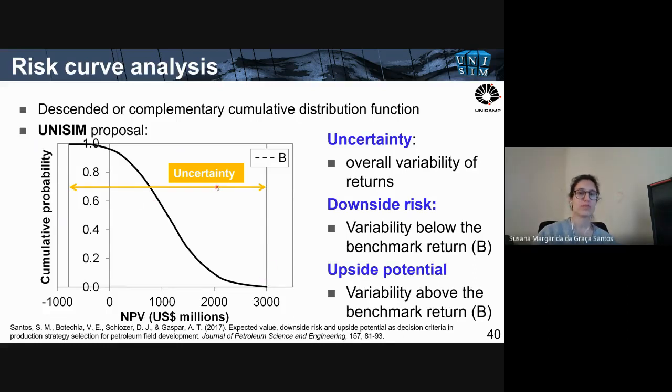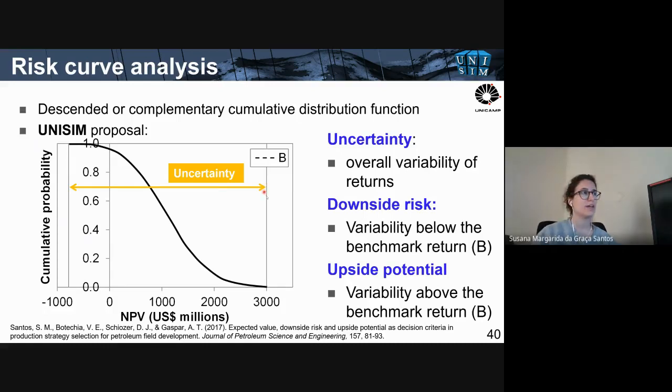And in some of those statistical metrics that you sometimes read in papers, at UNICE we don't agree so much with them because they see all the variability as risk. And that's not completely wrong in some cases. If you go, for example, to the stock market, where you can earn and you can lose money if a stock value increases or decreases depending on your position, variability means risk. It also means opportunity to gain, but also means risk,